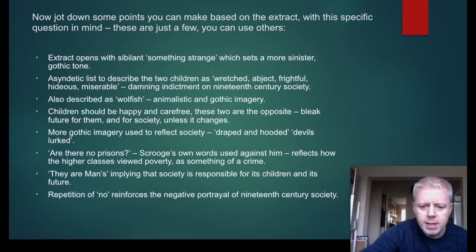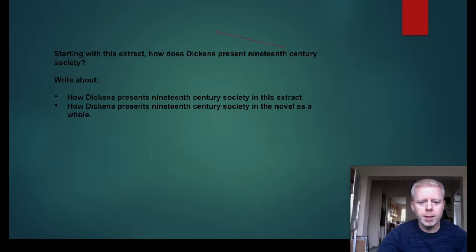Scrooge's own words used against him reflects how the higher classes viewed poverty as something of a crime. "They are man's" implies that society is responsible for its children and its future. Repetition of "no" throughout reinforces the negative portrayal of 19th century society. There's quite a few points there that you can make. Okay, so